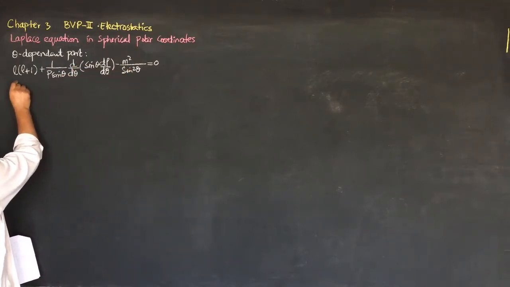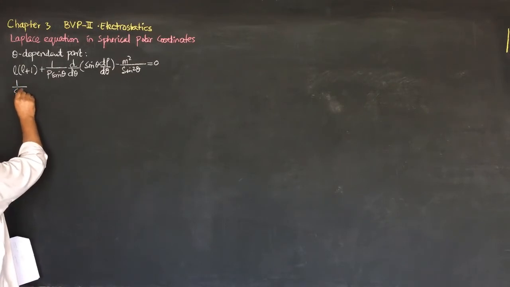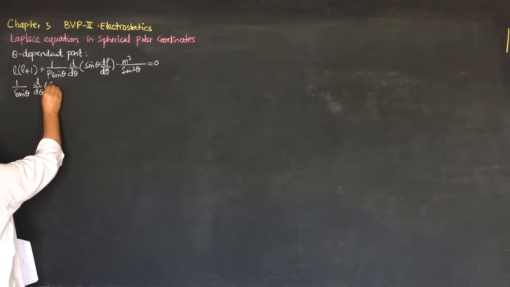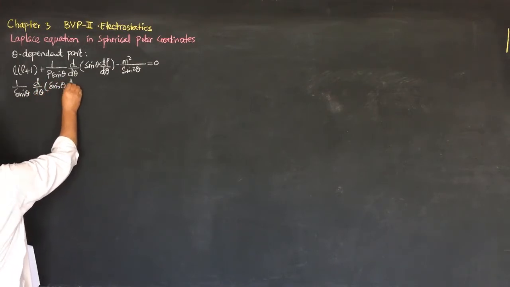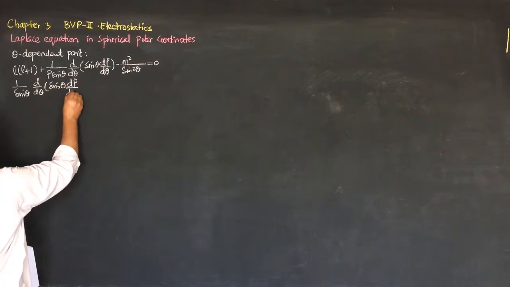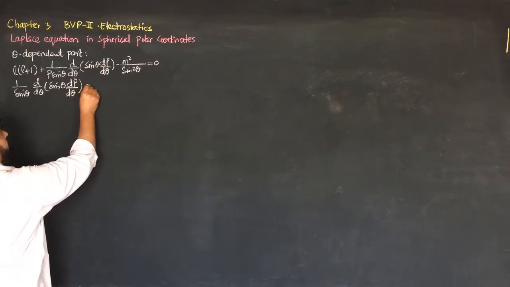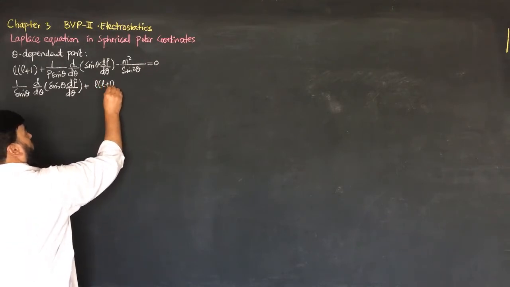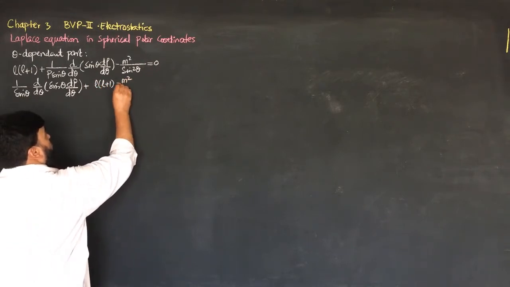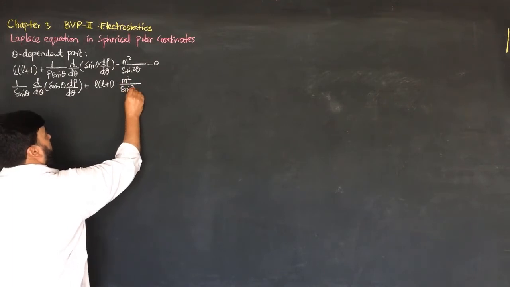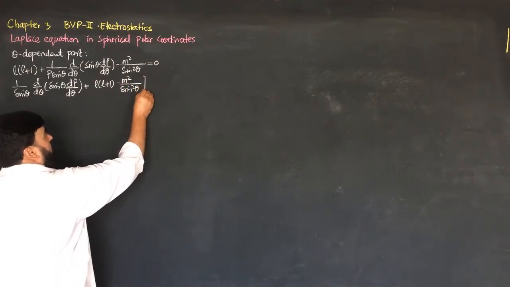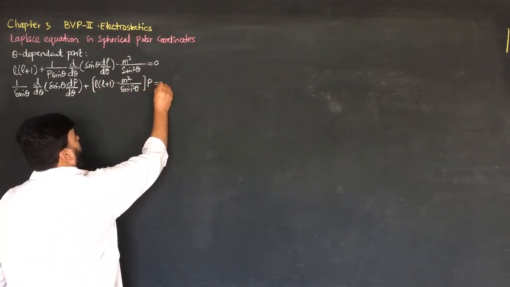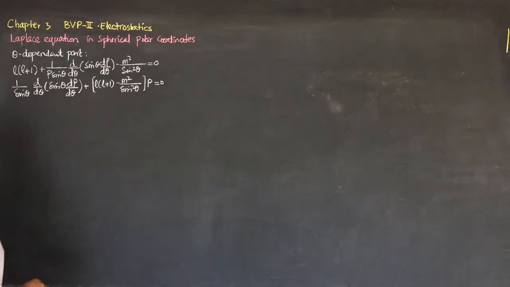So we will have 1 over sine theta d over d theta sine theta dp over d theta, plus L into L plus 1 minus m square by sine square theta, and taking p common, equal to 0, and this we call